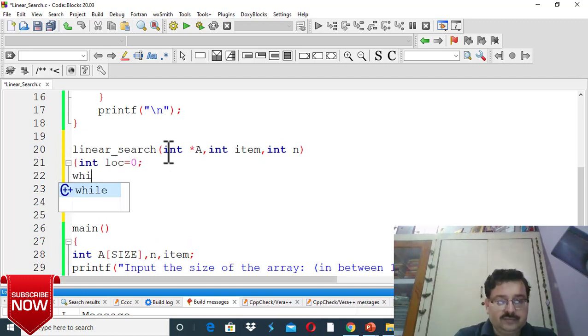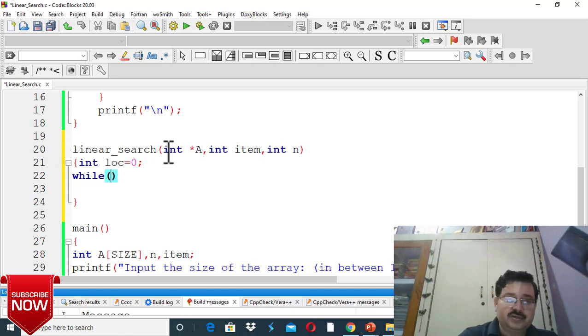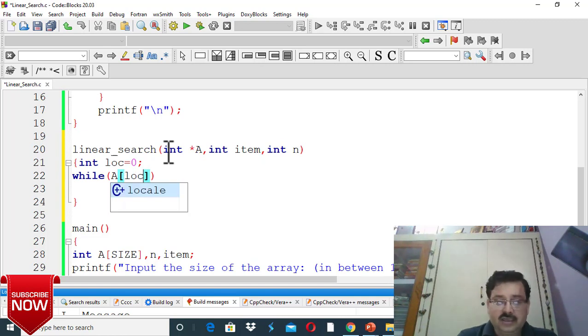Now my condition, a very simple condition: while a[loc] is not equal to item, clear?